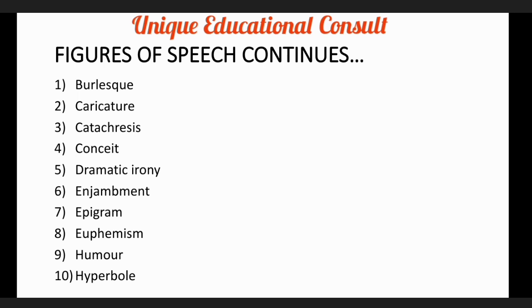Now let's look at the second part of burlesque, which is low burlesque. When we say low burlesque, it means a device that is used by a literary writer where a piece of literary note of a low value is raised to be of great value. That is something that is not seen as anything important, but is exaggerated or attached importance to.